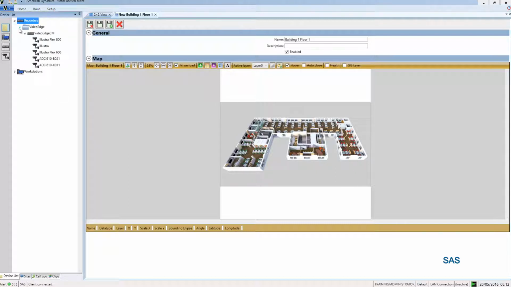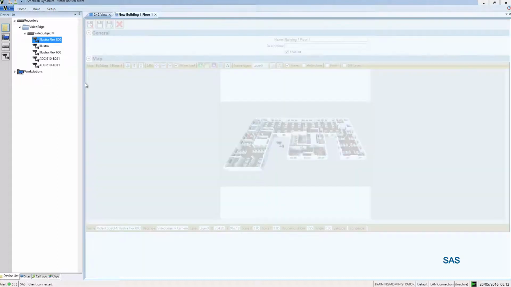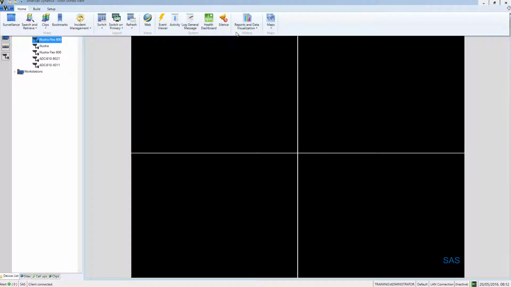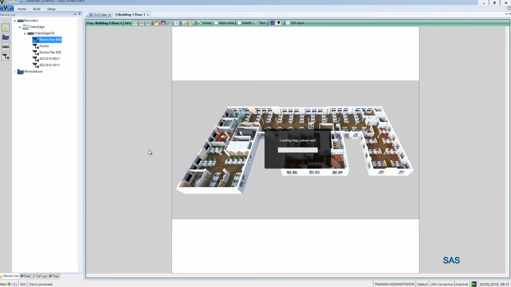So I'm going to expand out my recorders folder, and I'm going to drag and drop one of my cameras from my device list onto the map. I'm going to make it a little bit bigger so we can see it more clearly. Okay, so I'm just going to choose Save and Close, and that is a map created on our SAS. And of course, we can open that then from the Home tab on the SAS. Just choose Maps, choose the name of the map, and there is that map ready for use for monitoring our